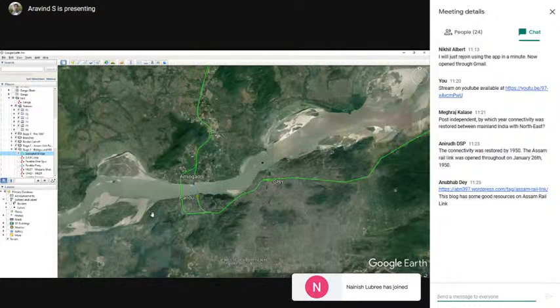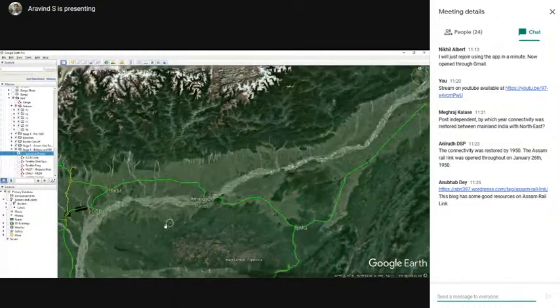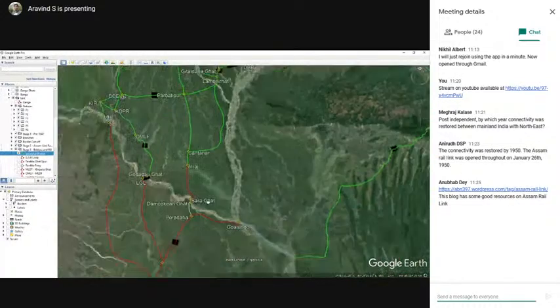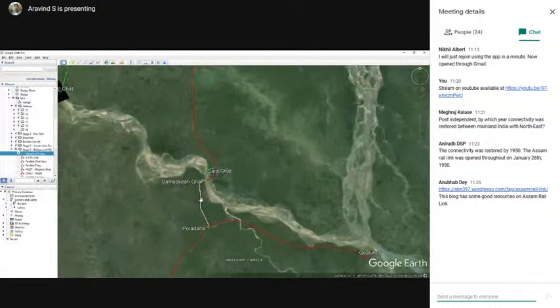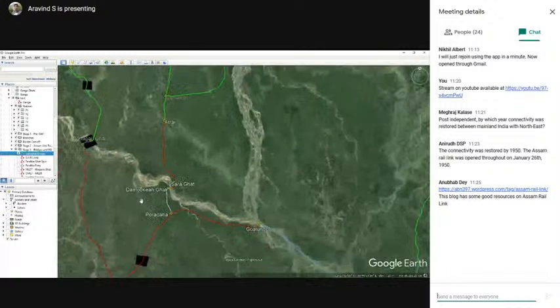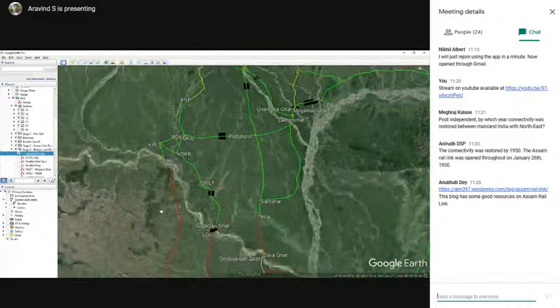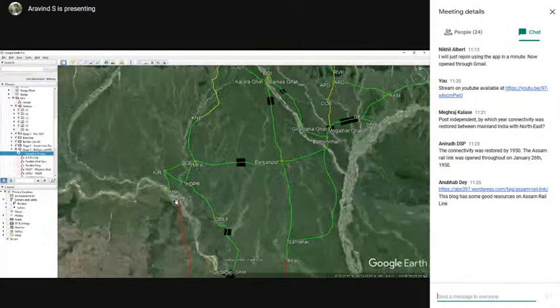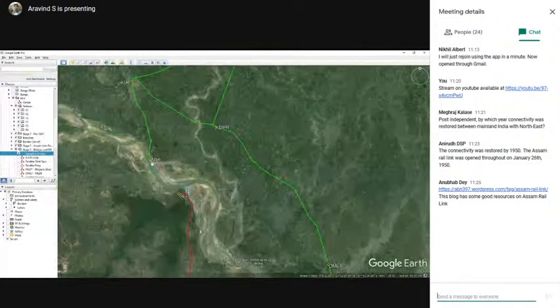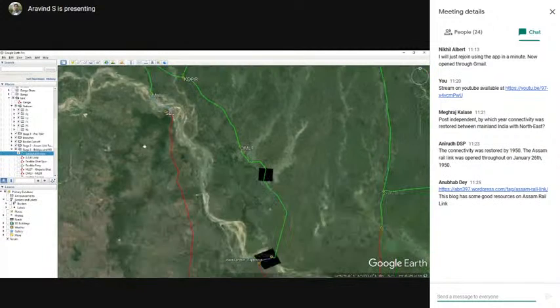So Brahmaputra is now linked, but then our only bridge across Ganga was in Bangladesh now, right? The Hardinge Bridge that we saw here. We did not have a bridge across Ganga for Bengal Assam rail connection. We had to cross the Ganga river at Sakrigali Ghat and Manihari Ghat. So what was done